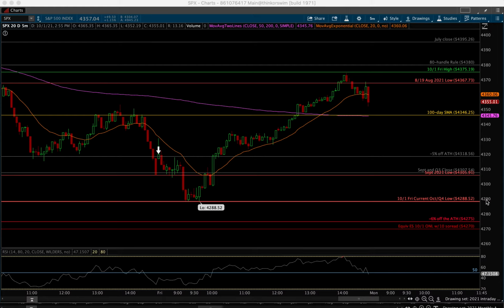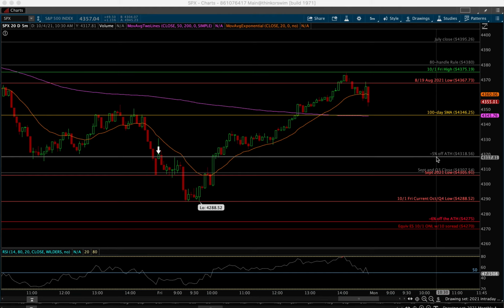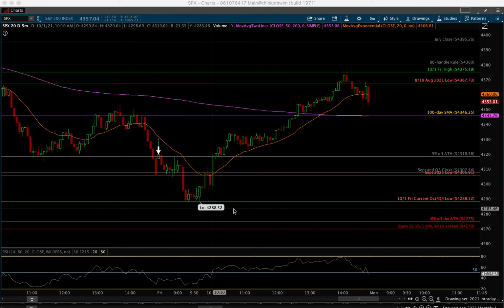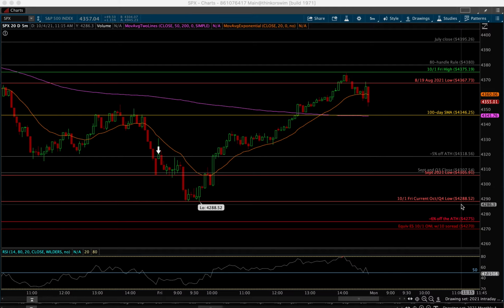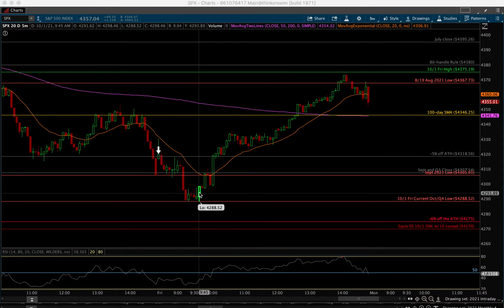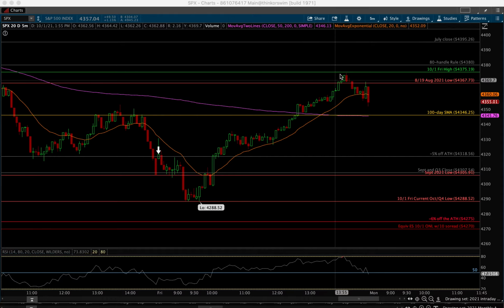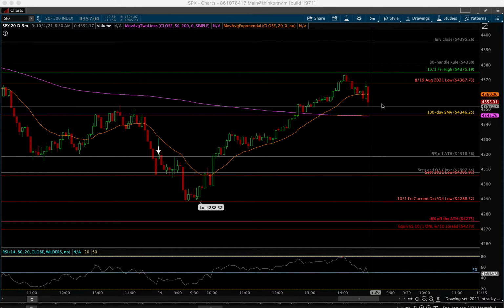All right, here's what's going on. This is our intraday chart of the S&P 500. Here was Friday's open to start off the month of October. It tried to open above that 5% mark and up above where the September close was, but we quickly rolled over and sold off down to a fresh new low below the September low to 42.88 and some change, and then managed to rally back nearly 100 points on the day to a high at 43.75, and then fell 20 points off of that to close.